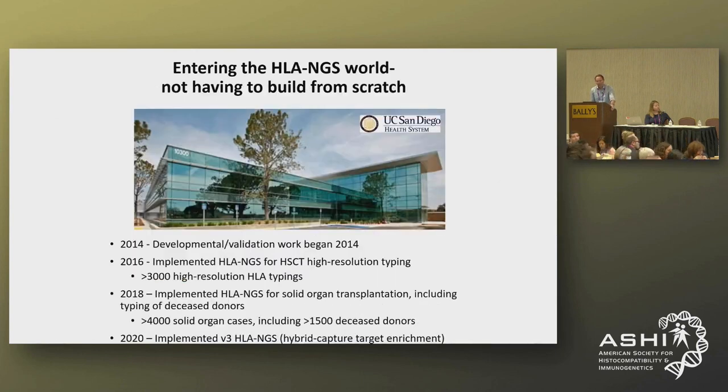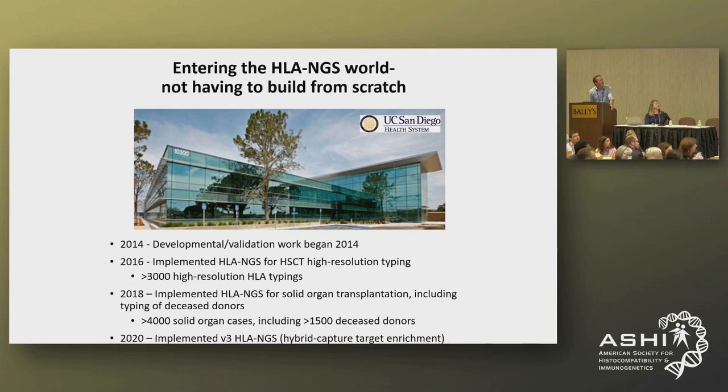Thankfully, I didn't have to build this entire approach from scratch. We had pretty extensive experience from the UC San Diego lab at this time. We had begun developmental work on NGS for HLA in 2014. By 2016, we had implemented NGS for high-res typing. By the time we were planning this in 2019 at Irvine, we had done over 3,000 high-res typings